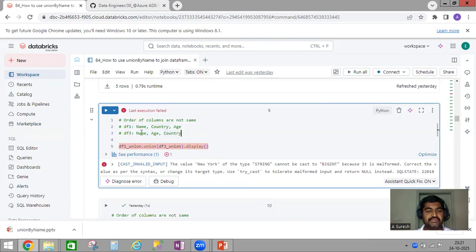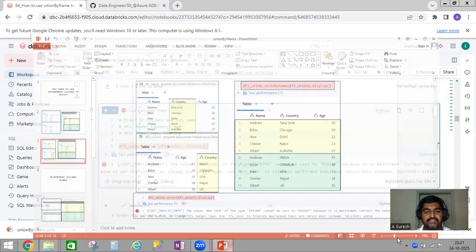So name and name are common. But country, here it is coming last and age is coming here. Since the order of the columns is not the same, if you apply union, it throws an error: the value New York of the type string cannot be cast into big int because it is malformed. So what it's telling is, if you see this image,